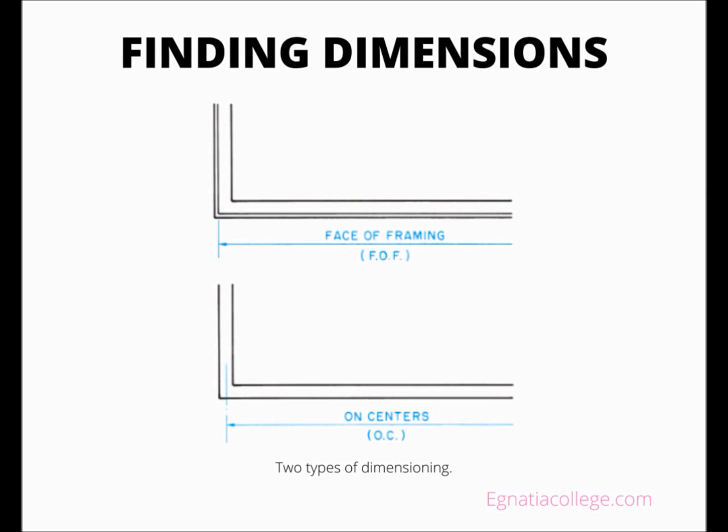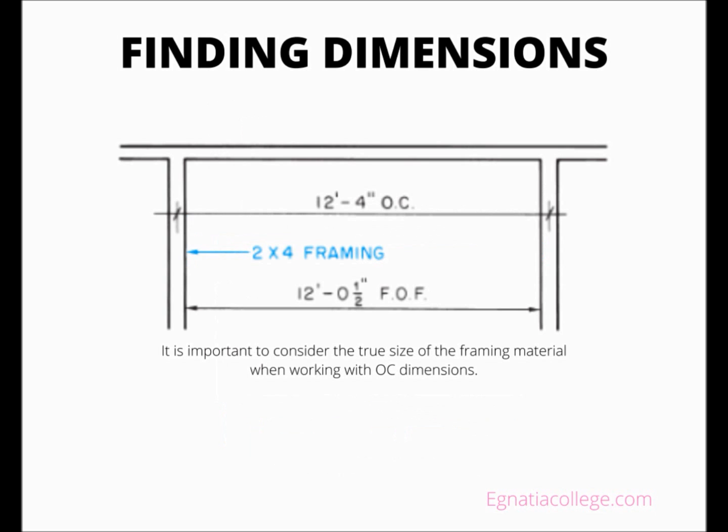Finding dimensions. When you understand the relationships of the rooms to one another, you are ready to look for more detailed information. Frame walls are dimensioned in one of 2 ways. Exterior walls are usually dimensioned to the face of the studs. Interior walls may be dimensioned either to the face of the studs or to their center lines. When walls are dimensioned to their center lines, 1/2 of the wall thickness must be subtracted to find the face